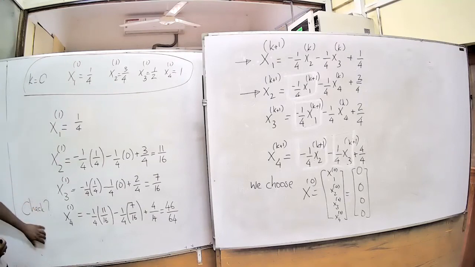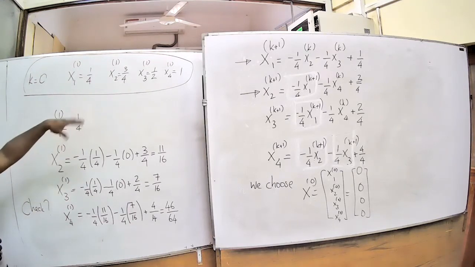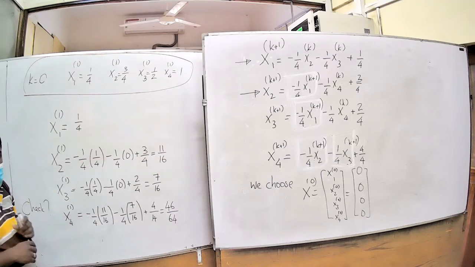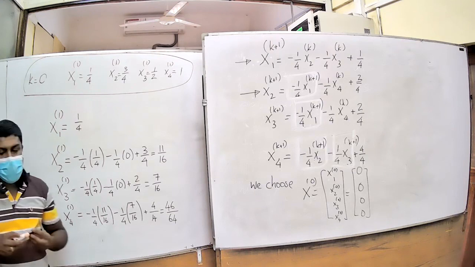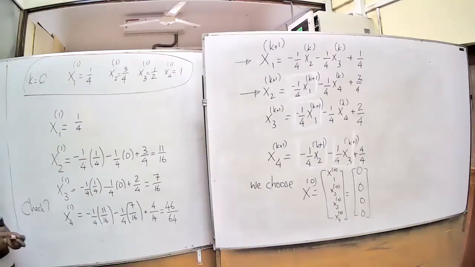So this new method has a new name. The earlier method we call Jacobi. Here, because we are updating everything as we go, it has a new name, and that name is Gauss-Seidel iteration. So in the next class, we will formally define the Gauss-Seidel iteration, and then we will talk about what the advantages and disadvantages are of Gauss-Seidel iteration. So I'll stop here and continue in the next class.